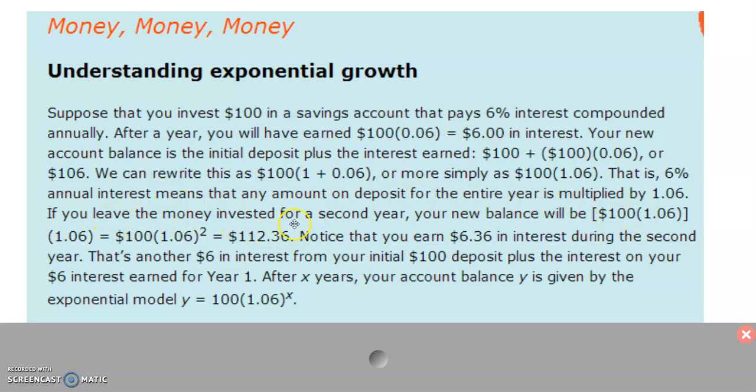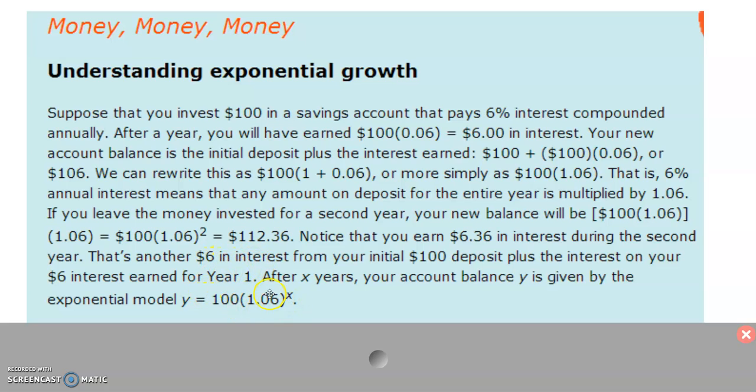Now, if I leave that money in for the second year, I would earn 6% in the first year, and then I would get to multiply by 1.06 for the second year, which I could write as 100 times 1.06 squared and get 112.36. Notice that in that second year I got $6.36 interest compared to the first year's $6. That's because I'm earning a little extra interest because there's a little bit more money that I get to earn